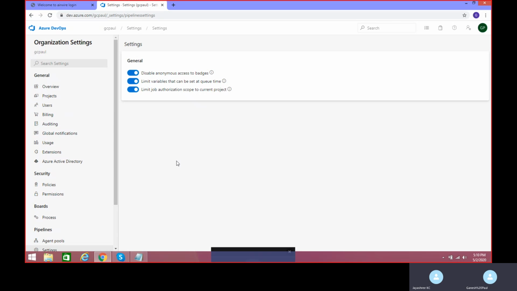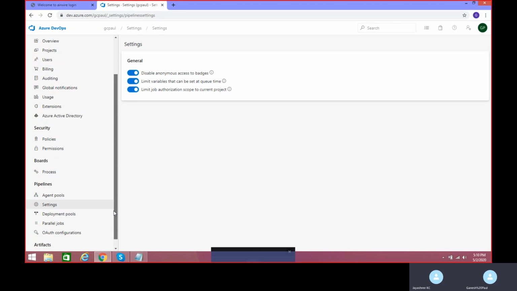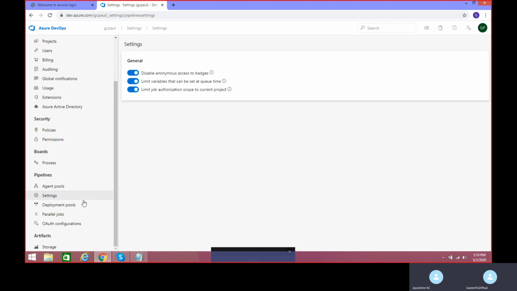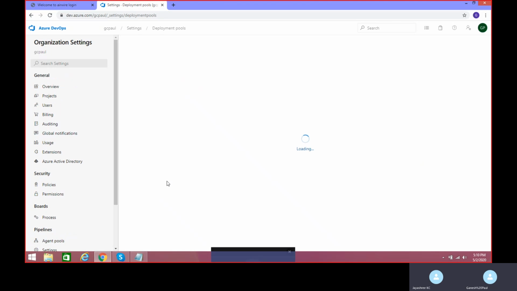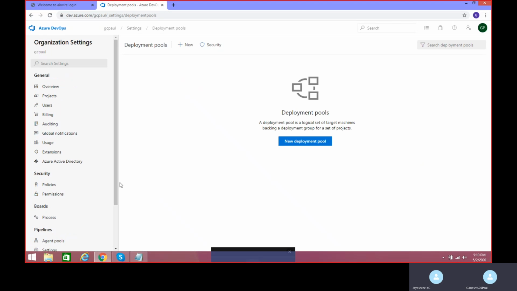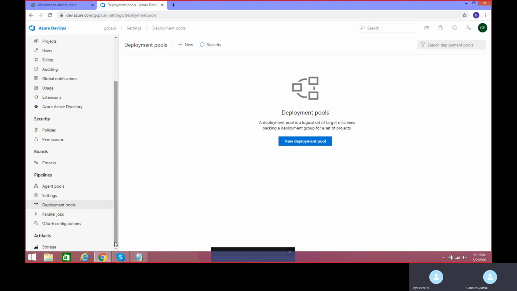I'll explain all these things in detail whenever we are seeing pipelines. As of now, deployment pools, parallel jobs, and the other things we are not going to go deep into.